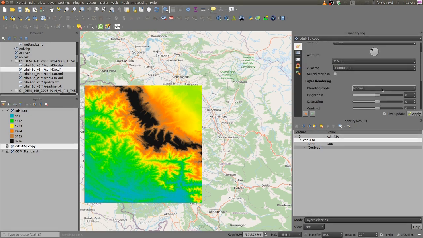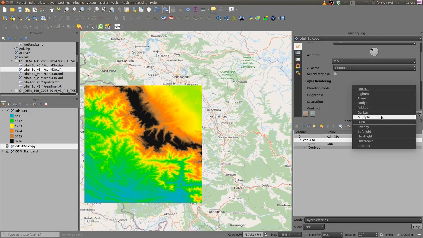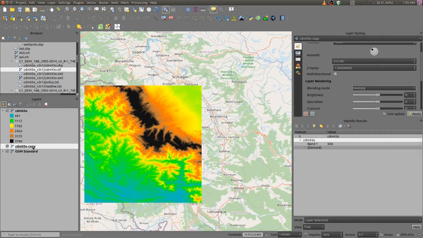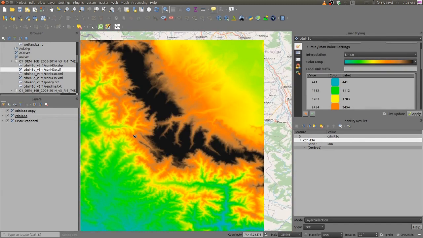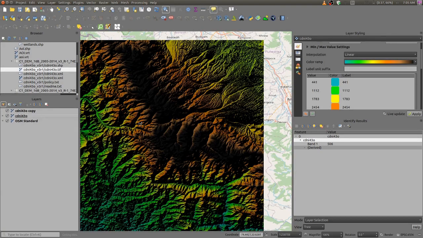The blending mode I'll change to multiply, and I'll take it above this. See, this is another way of looking at the image. It gives a better representation of the different data in this map. This is a highly rugged terrain.